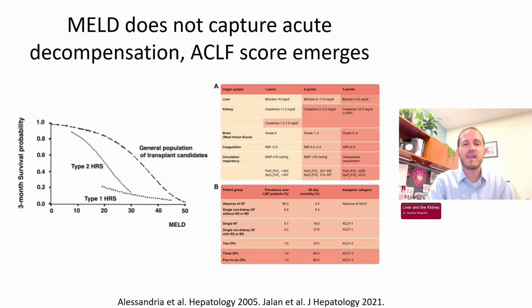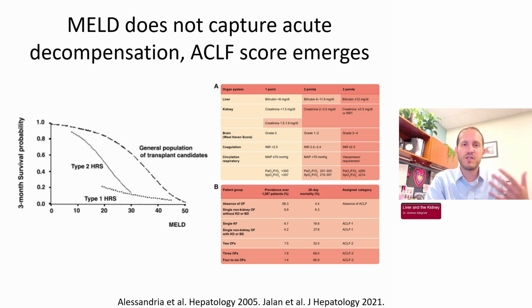And in fact, in order to capture this acute morbidity of such acutely decompensating events like HRS, there's this newer scoring system. It's been around for 10 or 15 years in the research literature, but only just made its appearance in clinical medicine for the first time on terlipressin's label, which we'll get back to in a bit. Which is the ACLF, or Acute on Chronic Liver Failure score. It's important to familiarize yourself with it because it is an important part of prescribing terlipressin now.